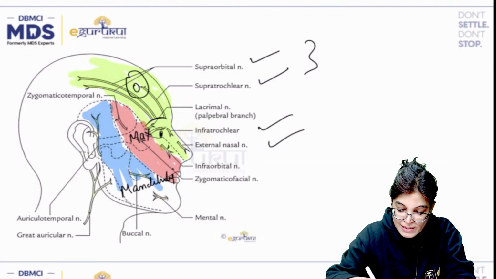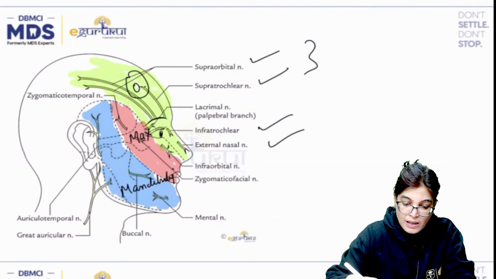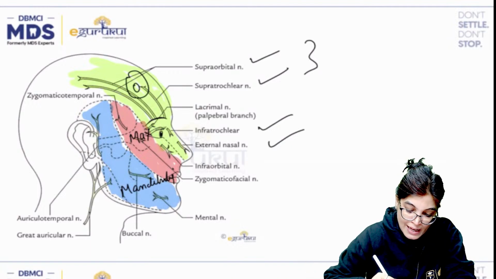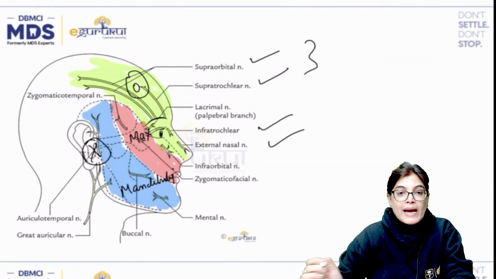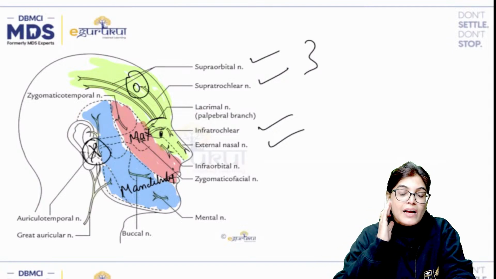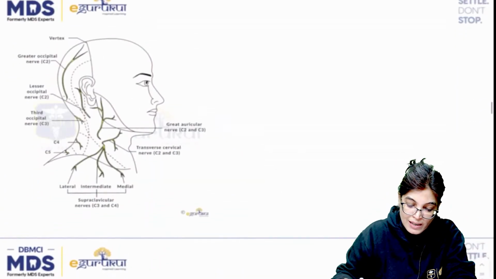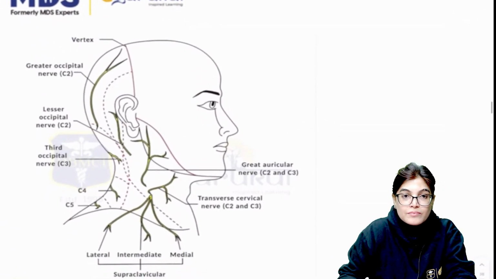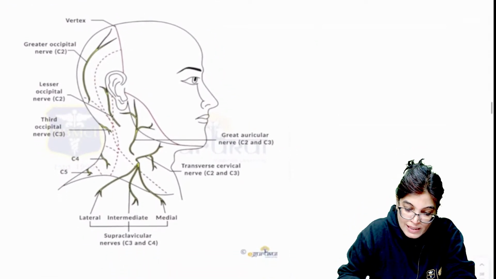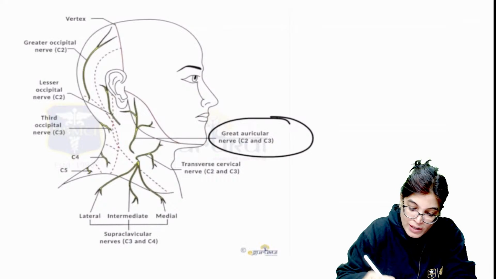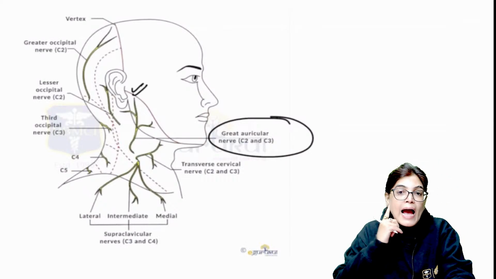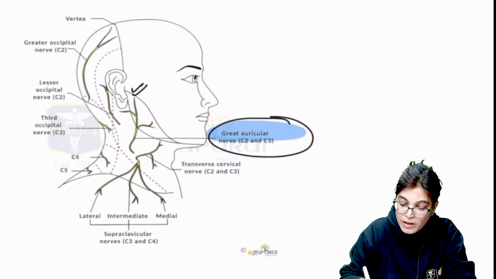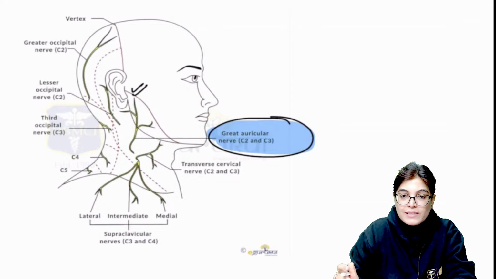This whole area receives innervation by three divisions of the trigeminal nerve, shown by the three colors. Only the area around the angle of the mandible, or just anterior to that of the ear, is receiving innervation by the great auricular nerve. So there is another image for this. You can clearly see in this diagram, if I enlarge it, that the great auricular nerve is giving innervation near the angle of the mandible, anterior to the ear, which is getting innervation from the great auricular nerve and not by the three divisions of the trigeminal nerve.